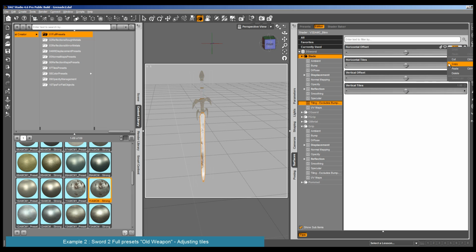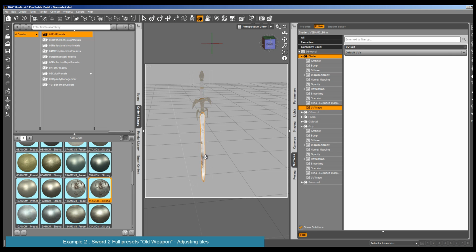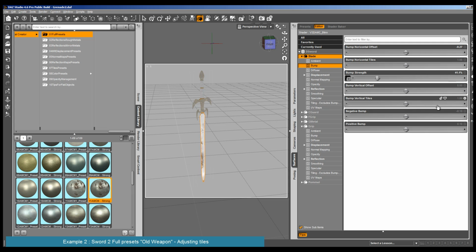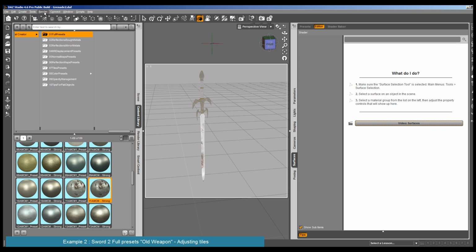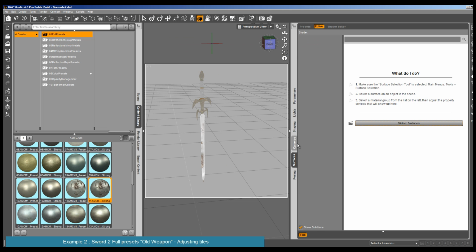So I have to copy and paste this in the bump values, because for this particular map, bump has a strong influence on the result. So I copy and paste in the offsets of the bump what I have used for the main pattern. Okay, and now I can try and render. Okay, this is a really old blade, but maybe there are not enough highlights